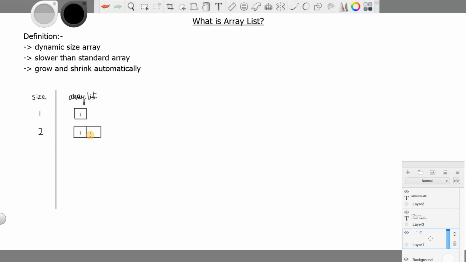So it's actually 1, right? After that it will convert it to 2. So I have another space. I will add a new element now. So 2. After that it will change the size of the array to 4. I will create an array of 4.